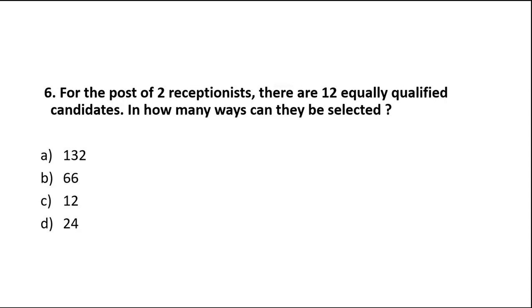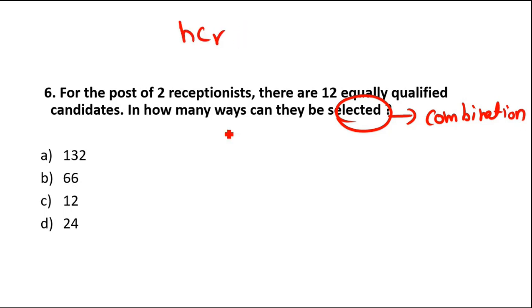For the post of 2 receptionists, there are 12 equally qualified candidates. In how many ways can they be selected? Okay. Selection is nothing but combination. So you have to use the representation of NCR. Totally, how many are there? 12. Out of 12 people, you have to select 2 people. So 12C2. So calculation is 12C2 and